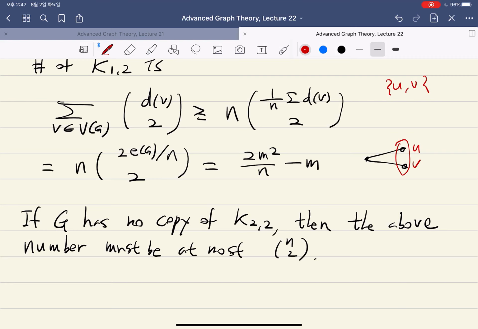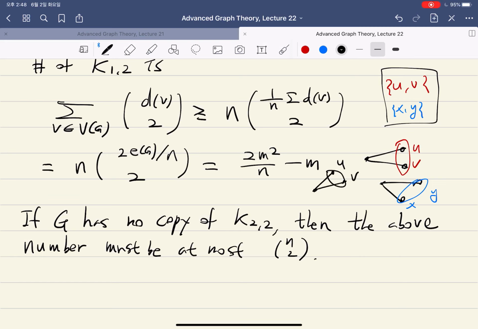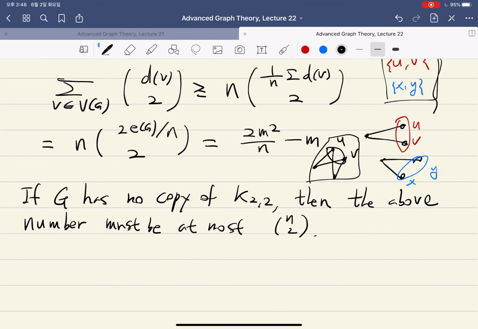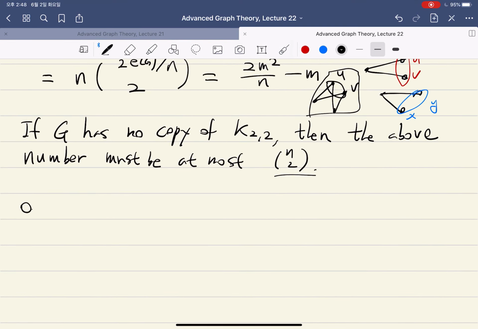And for the next copy, we again write these two vertices, say X and Y, and so on. If ever we write the same set twice, meaning that for given U and V, there is one copy of K_{1,2} having this as its non-middle vertices, and another copy of K_{1,2} having this as its non-middle vertices, then we get a copy of K_{2,2}. So all these sets must be distinct, but there are at most n choose 2 such sets, so this must be at most n choose 2, because otherwise